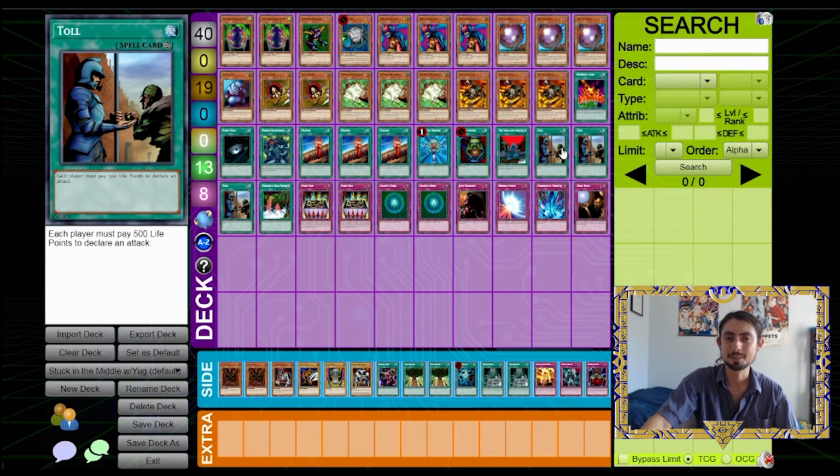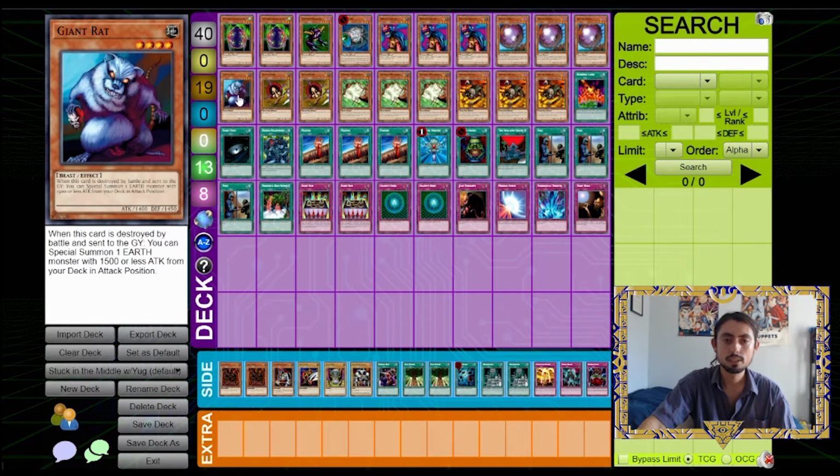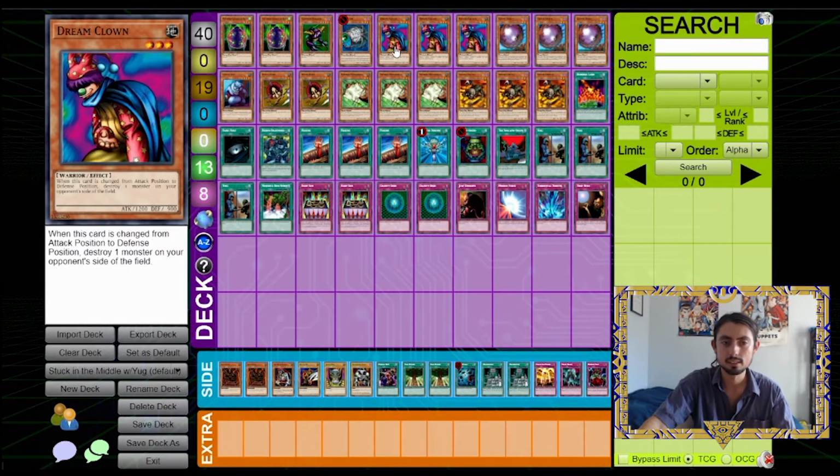And it costs 1,000 to attack. My worry about Toll was that it wasn't a proactive burn card and then Max could just not attack, but Dream Clown means that he does kind of have to attack. We have a 1 giant rat Earth Recruiter, so that can get us a Dream Clown out of the deck